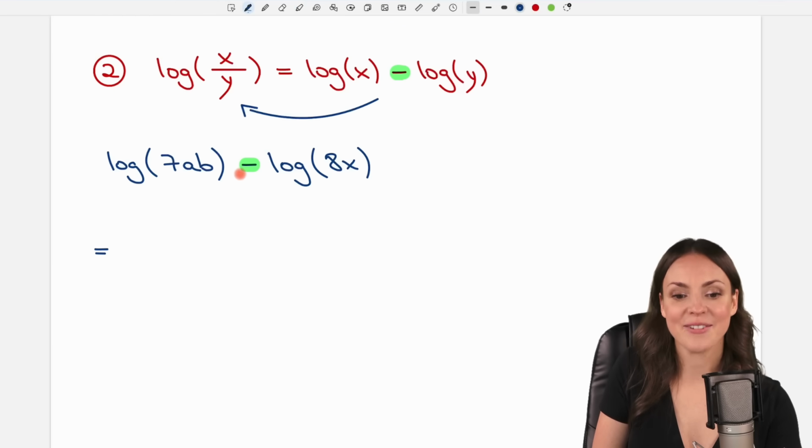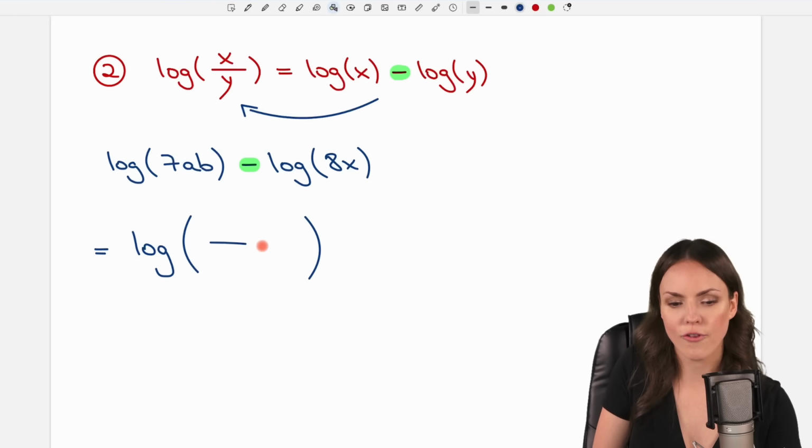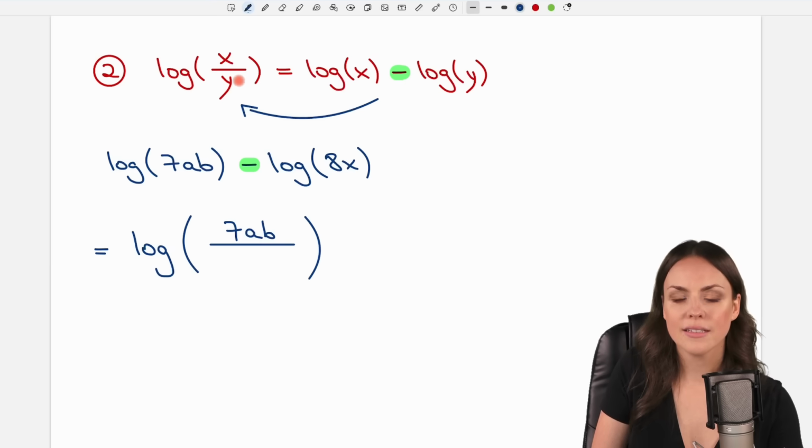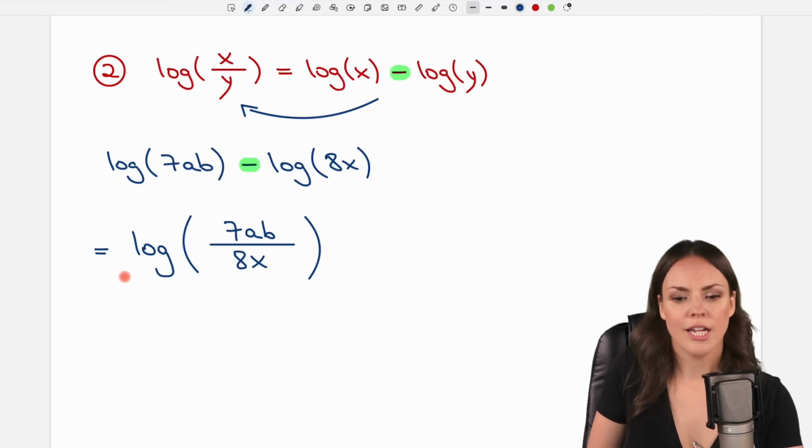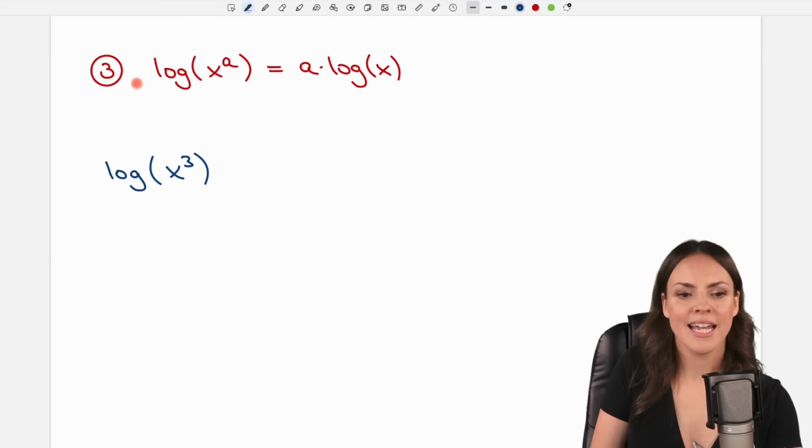We have a minus between these two logs. So we are allowed to apply the second rule and write this as one big log. And we're going to have a fraction in here that consists of everything that was in my first log, the 7ab, I'm going to write this on top, and the denominator is everything that was in my second log, so the 8x is going to be my denominator. And this was the second rule applied in this direction,